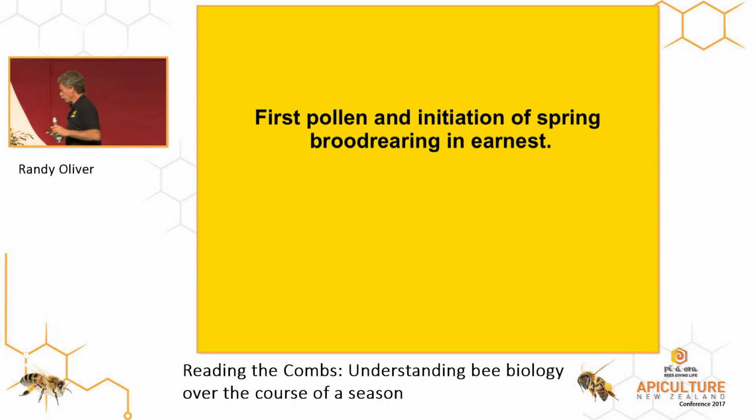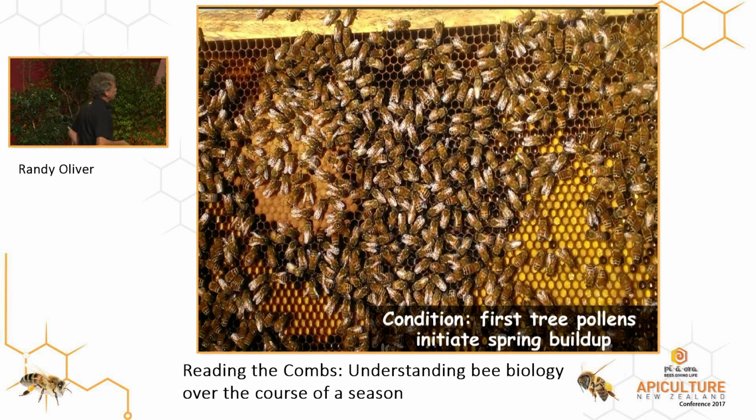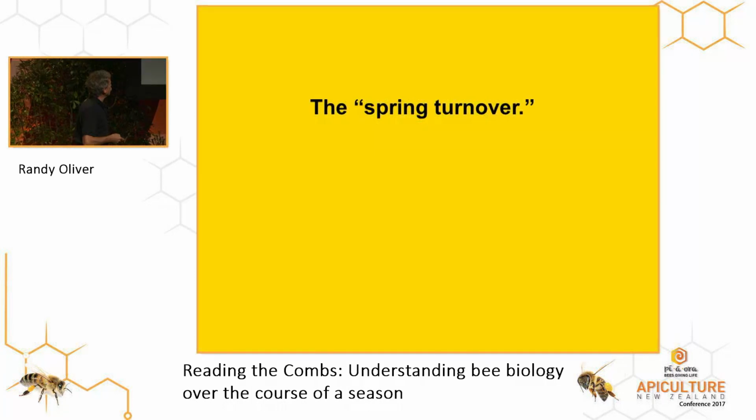I don't know about here, but in the northern hemisphere, tree pollens are typically the first things that we see. In my area, it's alder tree pollens. When the first tree pollens come in, the bees just immediately start brood rearing. See the brood ramping up right here? This picture from my area is alder pollen. Immediately after the winter solstice, brood rearing started up, and this colony's taken off in gear. It's going to start building up.